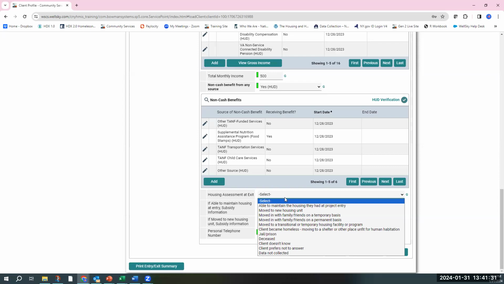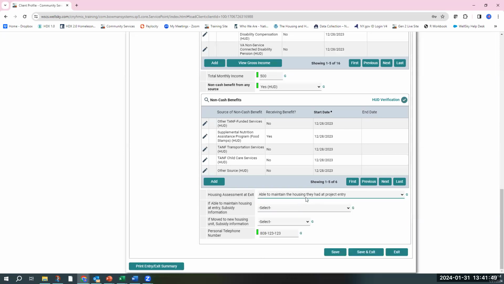Did they move into a new housing unit or with family and friends? And where did they go? Jail or prison, deceased, they became homeless, they went to a shelter. So this is really tracking the outcomes for prevention projects primarily. So if you state that the person was able to maintain the housing they had at project entry, there's